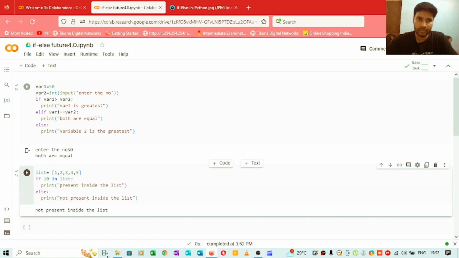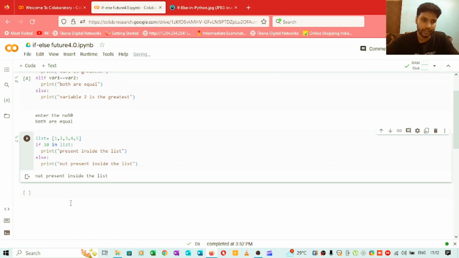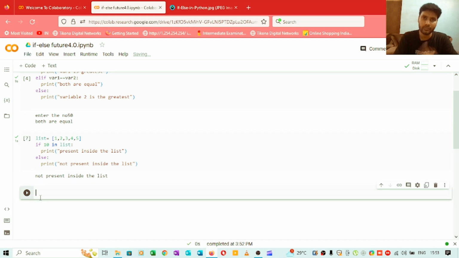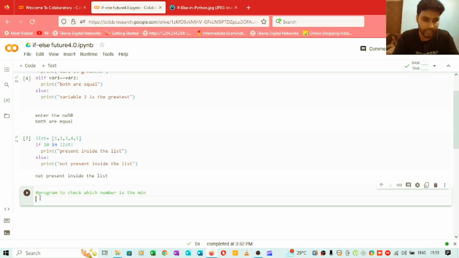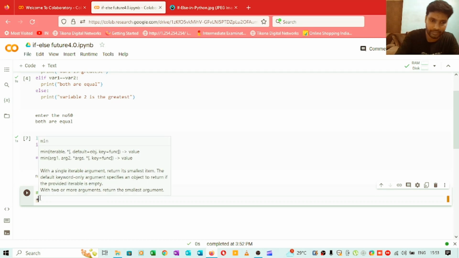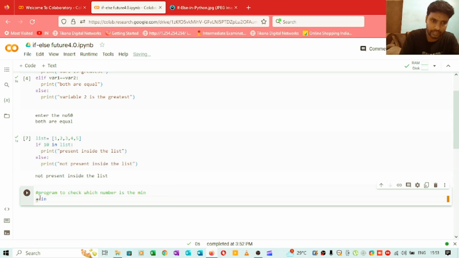So till now we have covered 2 basic programs, and now we will see one more program where we will take input from the user, 3 numbers, and we will check which number is the minimum number. So I'll just write: program to check which number is the minimum. So we will create 3 variables. First we will create variable a, and we will store an integer, int input